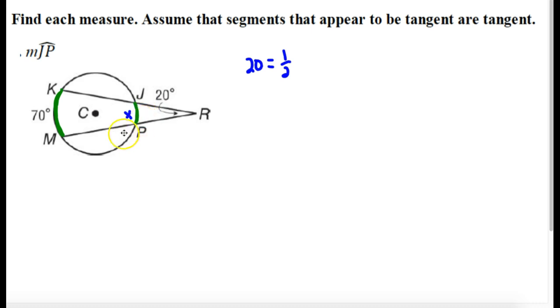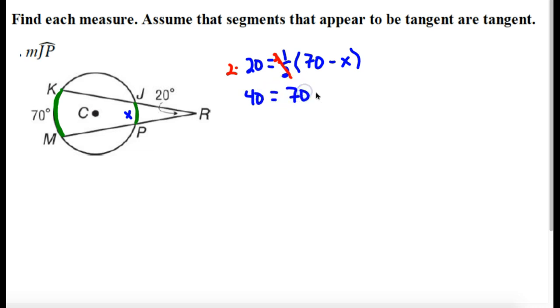Now, just by looking at this picture, I can tell that the 70 is going to be larger than x. So my setup here will be 70 minus x. All right. So now we just want to solve this equation for x. To do that, I'm going to get rid of this 1/2. So I'm going to multiply both sides by 2. That cancels out. And we end up with 40